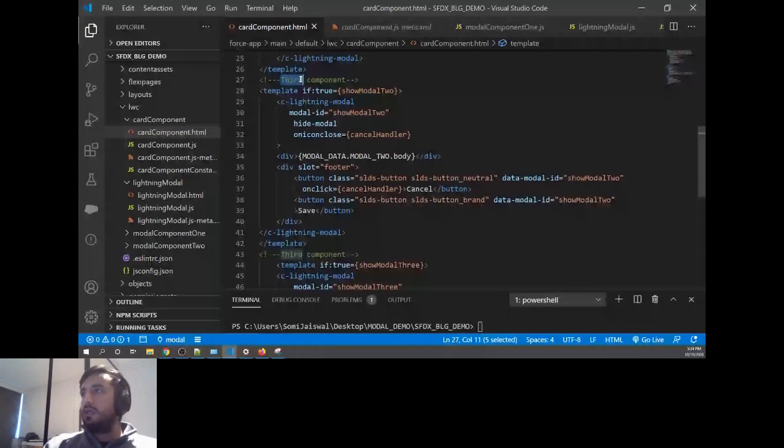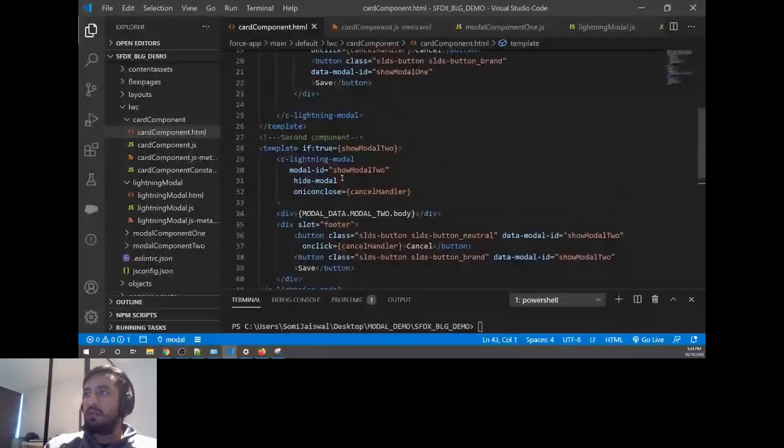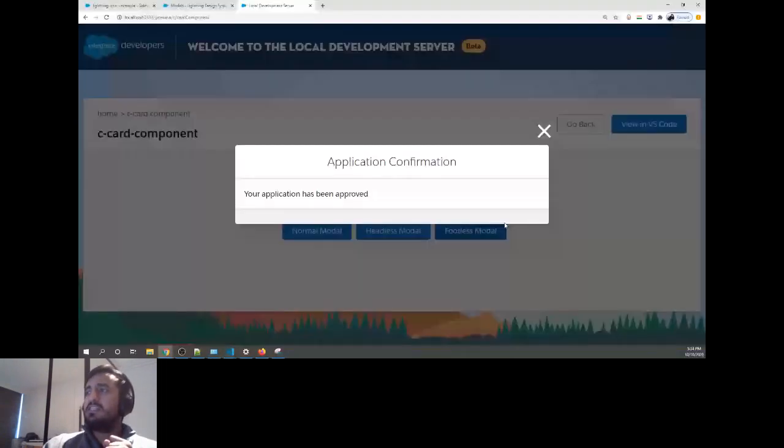Now we already created 3 components. One is the normal scenario, one is without header, so we add the attribute, and the third one is without footer, and we are showing the header and the body. Let's go to our screen. We'll see the 3 buttons now. Now if I call the footless model, buttons are not coming, but this little space is coming. We need to look into this. Rest all are working fine, totally fine. So we'll look into that space issue.